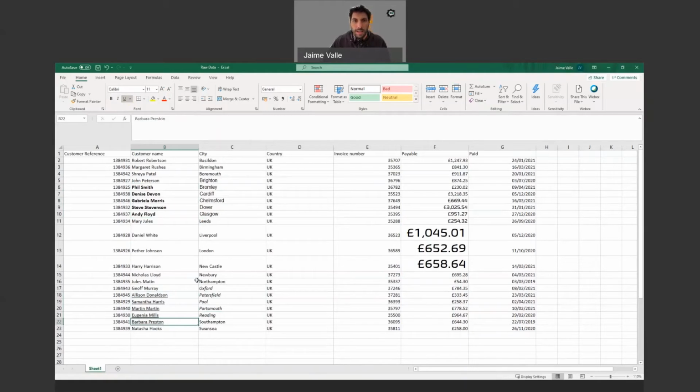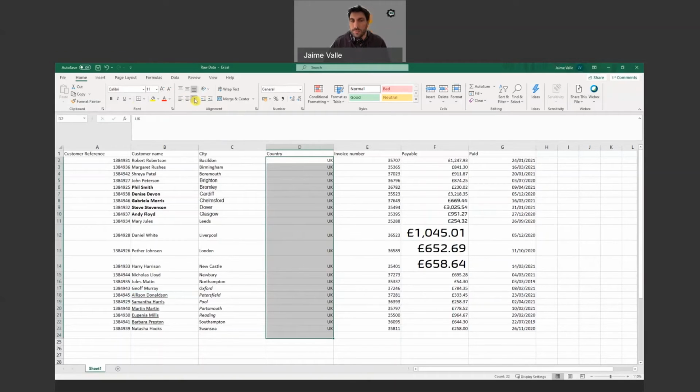Now, if I select the whole column, which I can do as well, I want to change the alignment. With these three buttons here, I can change the alignment horizontally: to the left, to the center, or to the right. If, for example, one of these is quite a wide cell, I can align them vertically with these three buttons at the top here: to the bottom of the cell, to the middle of the cell, or to the top of the cell. As you can see, they have changed.